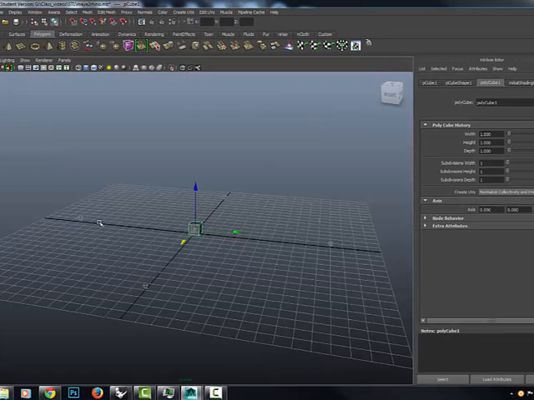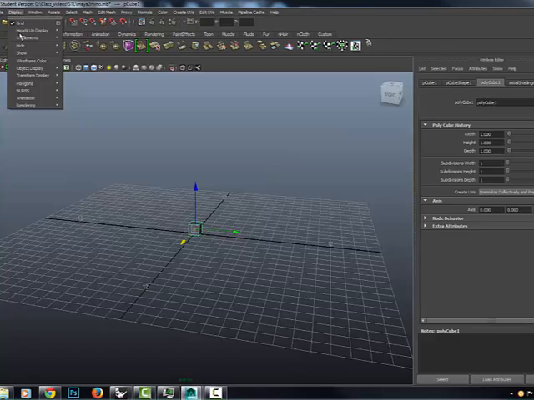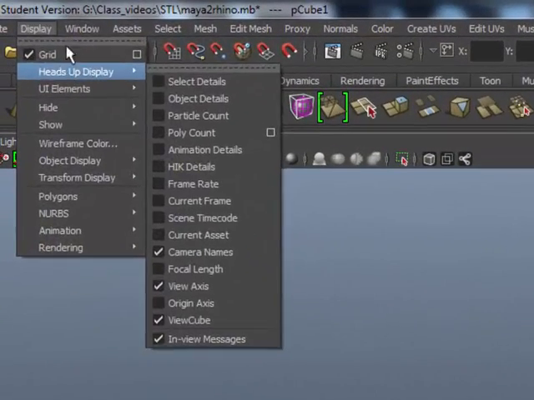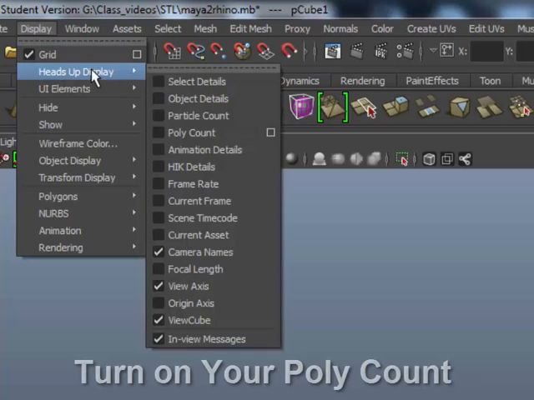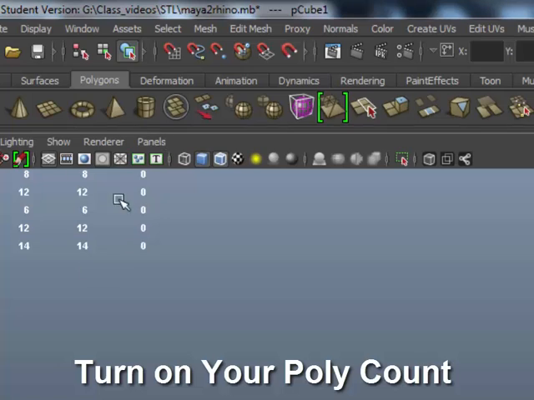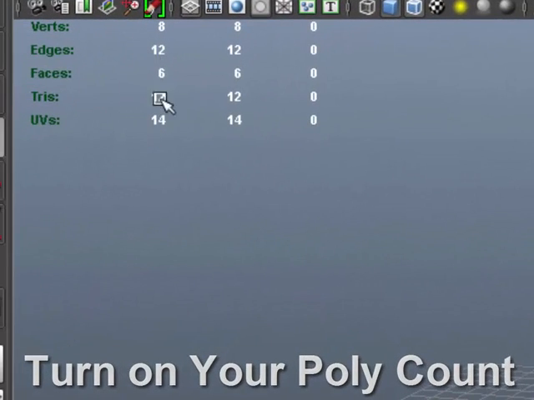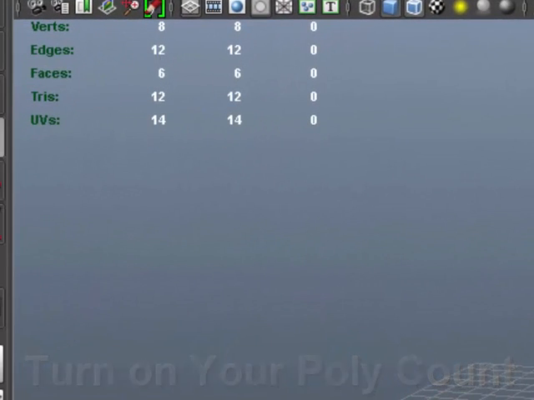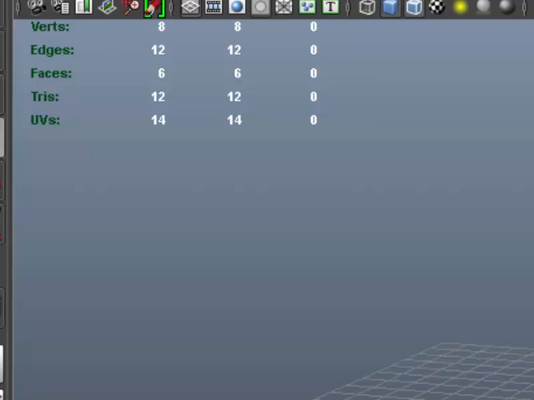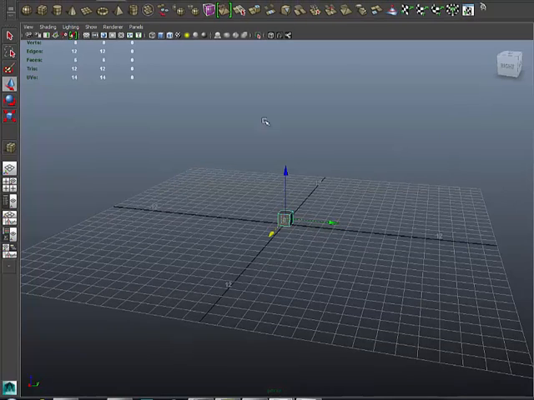proper dimensions. I also like to display in my heads-up display my poly count, so that I can see the number of vertices, edges, and faces in my data. I often find that very helpful as I'm working to be able to see that. And that's how you do the basic setup of your work area in Maya